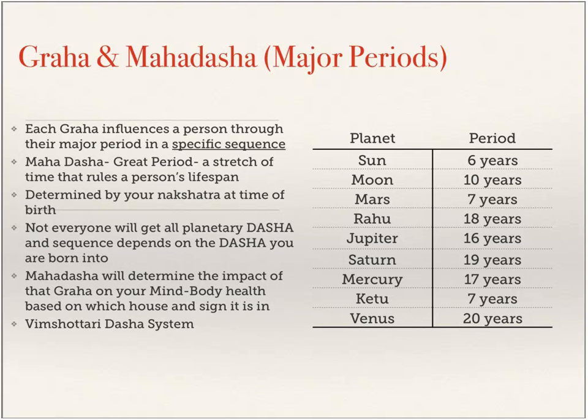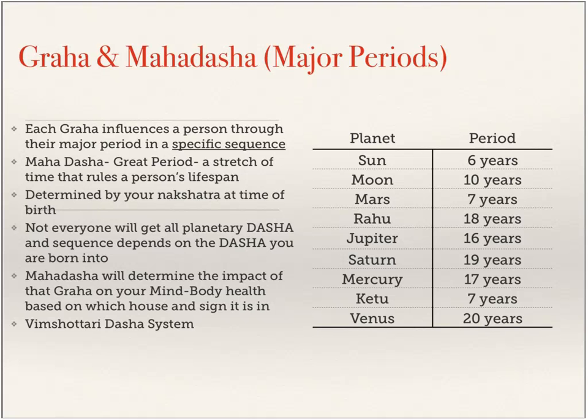You don't have to get into it. And I'd like to answer your question. It starts from the day you're born, but it also starts with the nakshatra that you're born in. So if you are a certain nakshatra, we know which dasha period, and we look at your current age to determine, we go backwards in time to determine